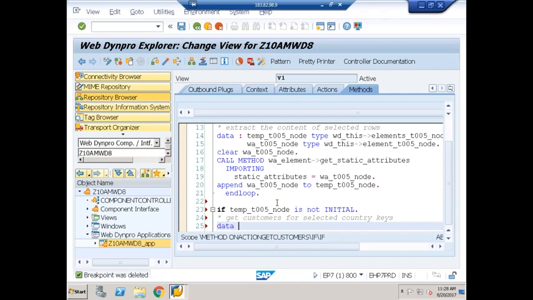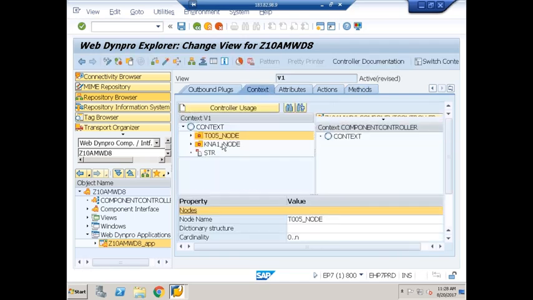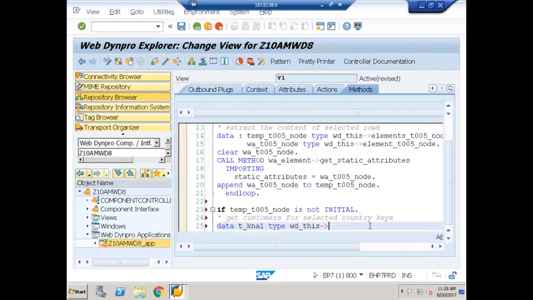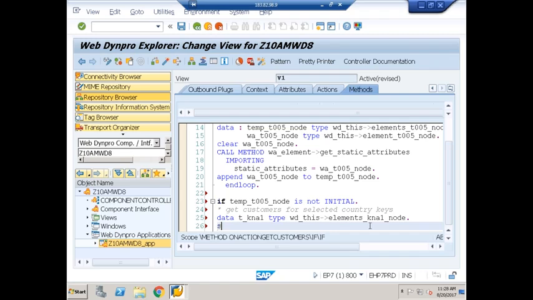So data T_KN1 type WD_THIS. On behalf of every context node, one internal table and work area gets created now. So type WD_THIS elements KN1. Sorry, already declared. That's all. Then select